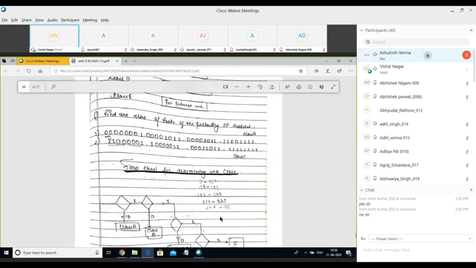Now there are some questions. Find the class of each of the following IP addresses. By checking the first bits or by finding the value of the first octet, we can easily find out the class of an IP address. Here you can see, if the first digit is 0, that means the IP address belongs to class A. You can see it in the format. And in the second one, if it is 110, it belongs to class C.